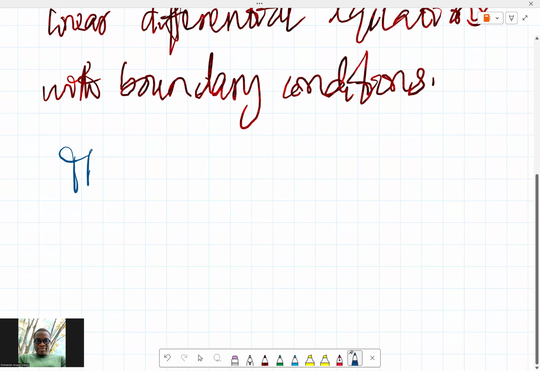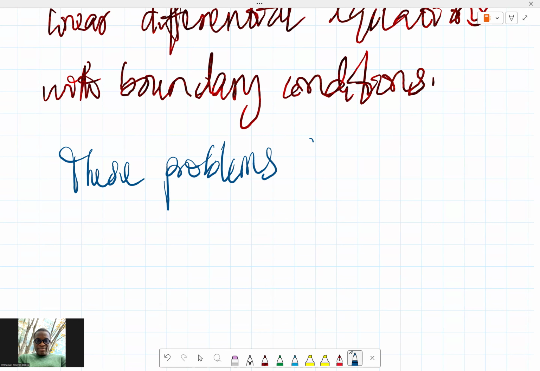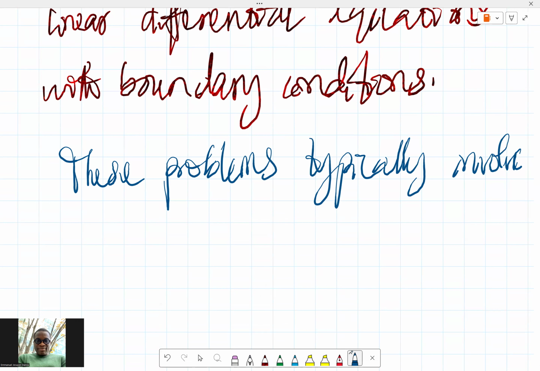These problems typically involve finding